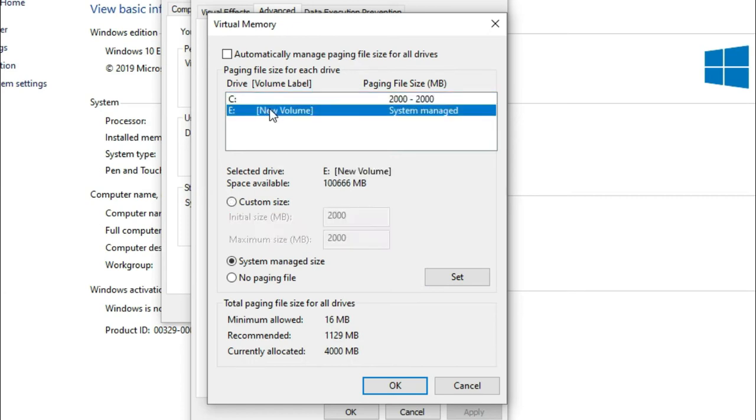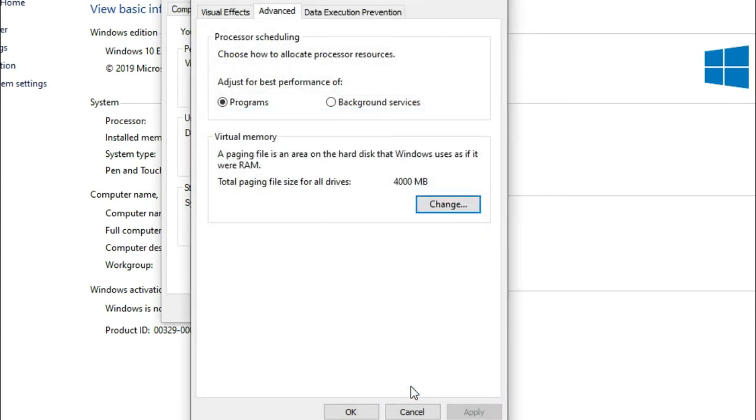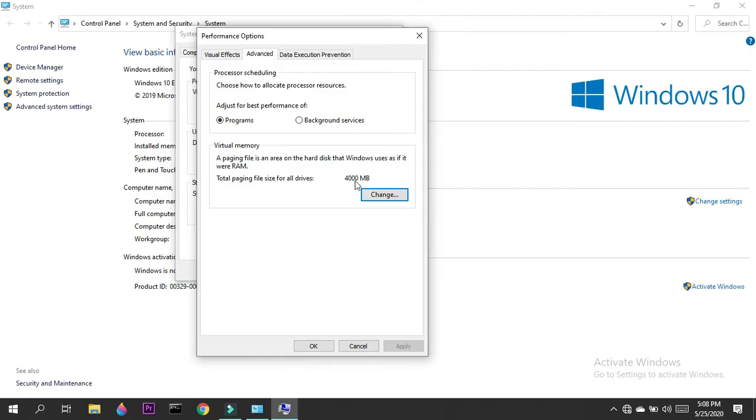You will see the value you set on the right of the disk. Then choose the next disk, click on Custom size and set a value like 2000 MB or 3000 MB, and then click on Set. Now remember that the storage of your disk will be used up by this process, so then click on OK. Now your PC will apply the changed settings. It will take some time. Give your PC some time to save the changes and then click on OK. Then you will see the virtual memory that you have created.